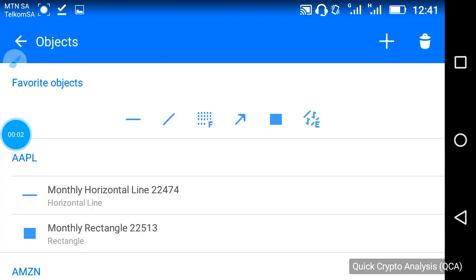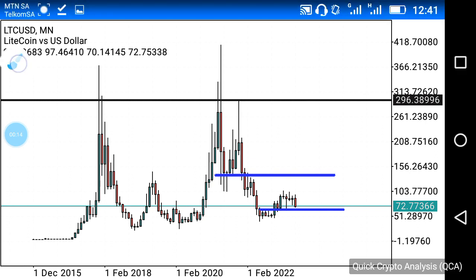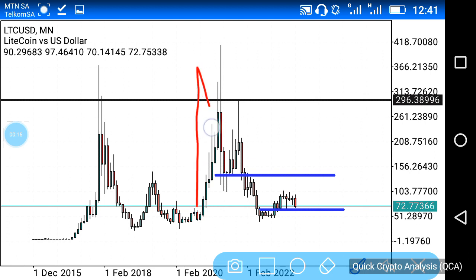This video is based on the technical analysis of Litecoin, and we're on the monthly chart. And in regards to the monthly chart, we can see that we have had some very interesting price action movements. For example, we had this overextended M structure over here, which had a neckline at that point, and at this point over here we saw the neckline being violated to the bottom side, and we saw the market move